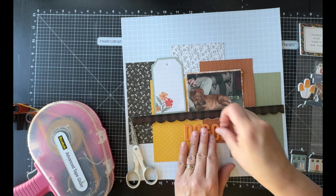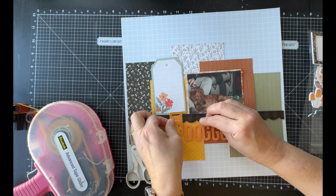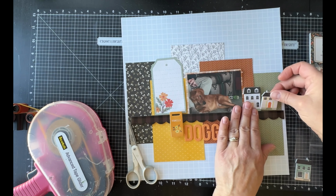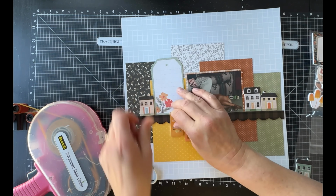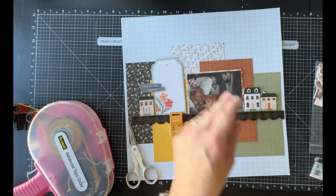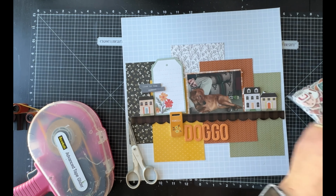And then I have a little tag that I'm going to use that says family. I'm going to put up in front of it. And that completes my title. I will have to put some foam adhesive underneath the little tag that says family because it is uneven. And I will use the foam adhesive to even out that tag since it's sitting on top of that chipboard